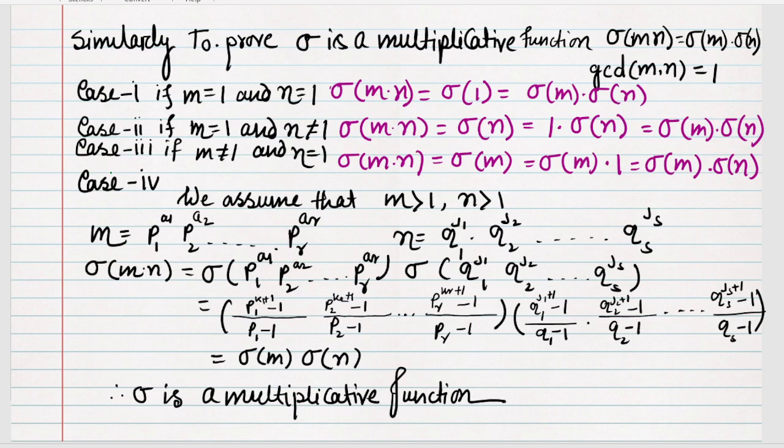So in our next proof, to prove that sigma is a multiplicative function, we can easily do our case 1, case 2 and case 3. I am focusing on case 4 only. That if we assume that